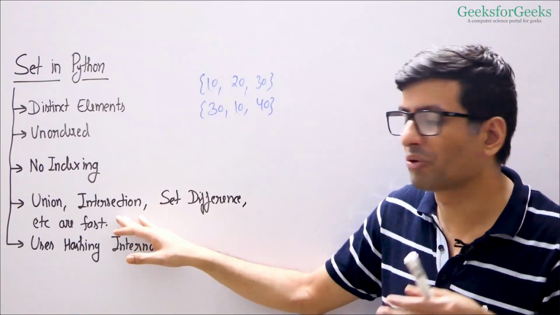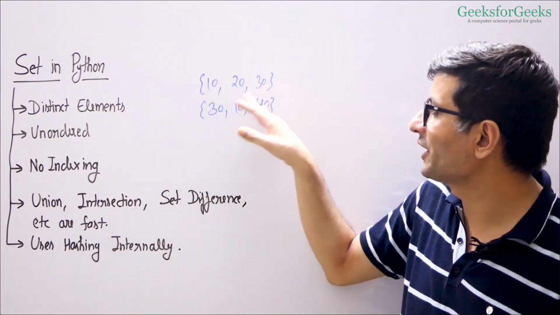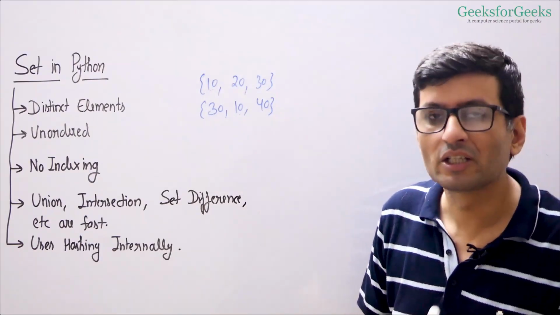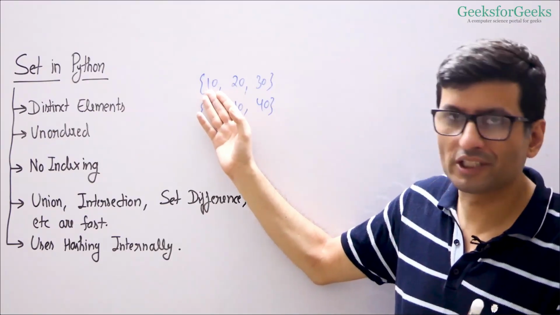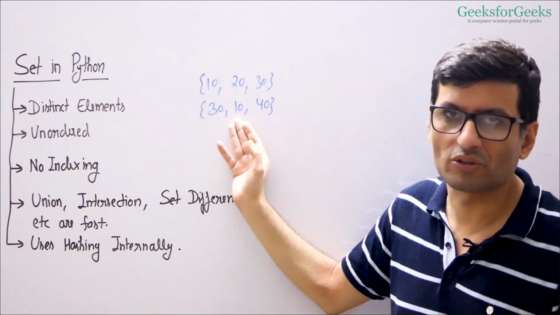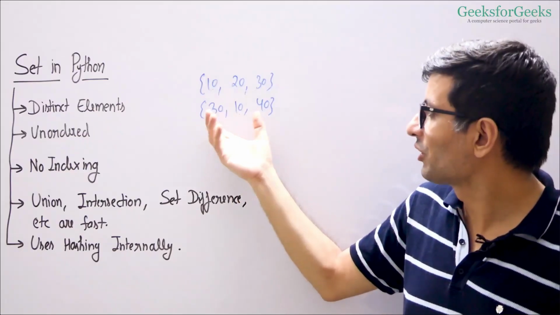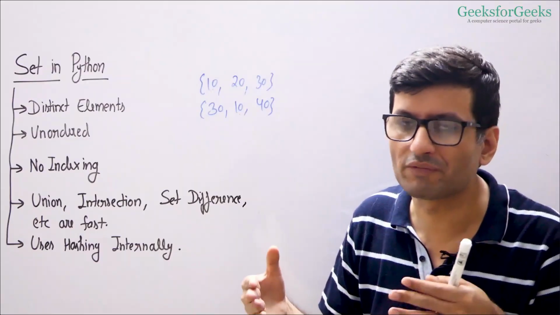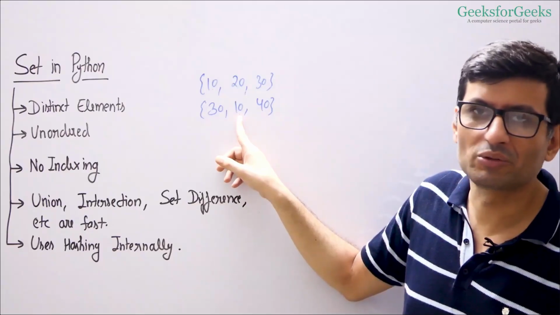For example, if you are doing intersection of 2 sets and the first set contains 10, 20, 30 and the second set contains 30, 10, 40, how will you find the intersection? You will traverse through the items of the first set and for every item you will check if it is present in the second set also or not. If it is present in the second set, then it's part of the intersection. So if you have used hashing, then searching for an item is going to be really fast. So you will search 10 in the set, you will find it and you will say it's part of the